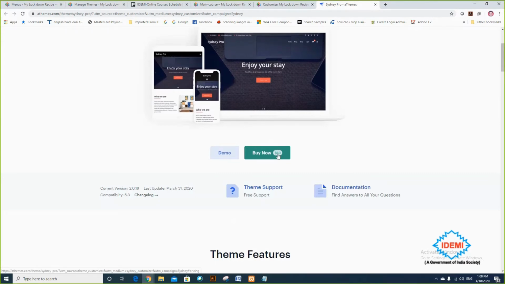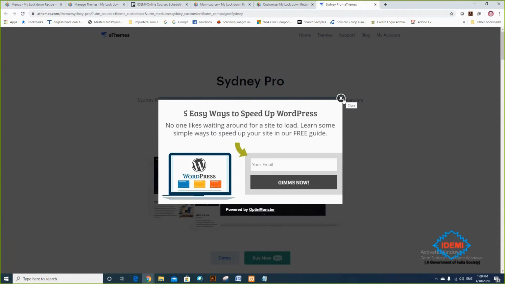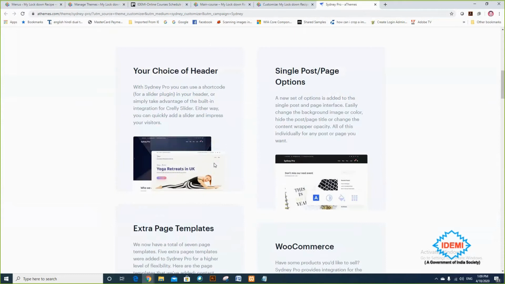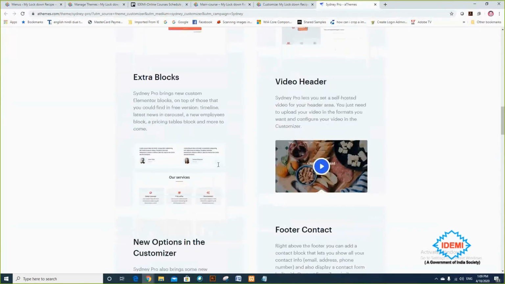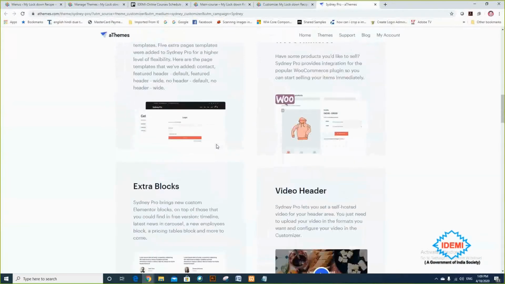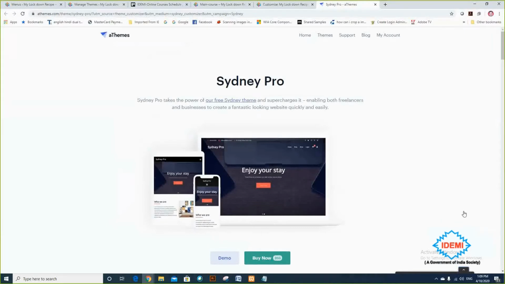And for $59, all the information and support they are giving, and the features they are giving here. You go through it, then people will decide whether they want to buy or not.